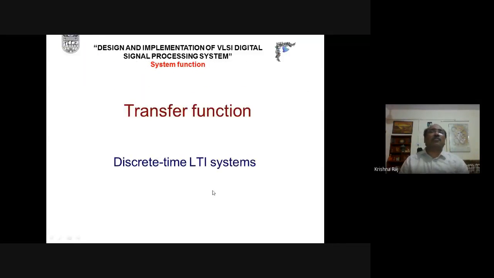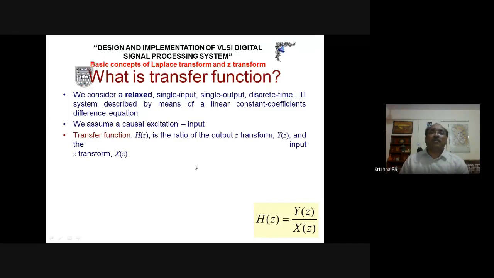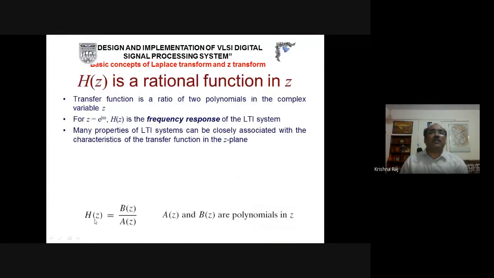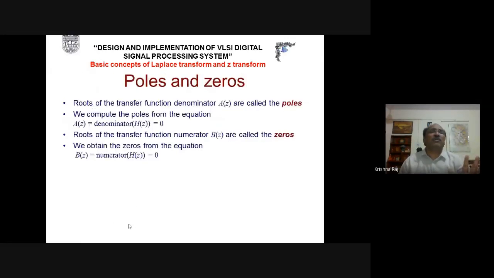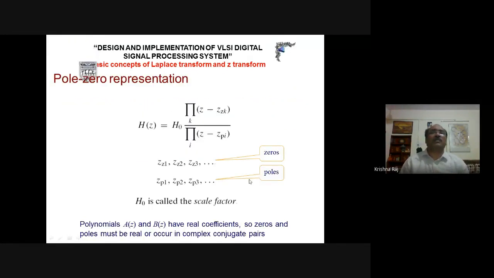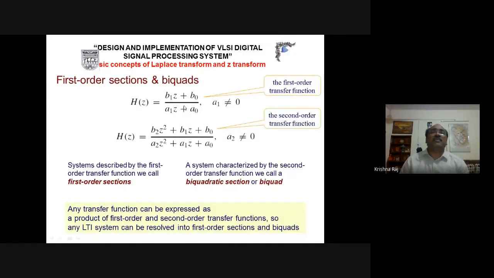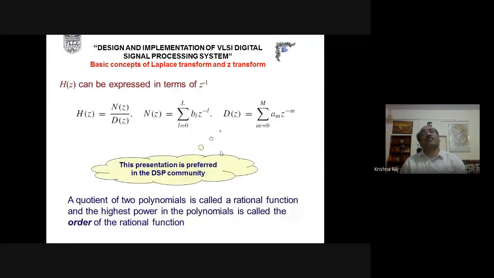Again, coming to the transfer function, if it is represented by this equation related to the discrete time system, then this will be represented by B(z) by A(z). Same concept, nothing special, so I am just trying to skip ahead by covering some concepts. H(z) will again be described in this form in order to get the zeros and the poles, and the first order and second order sections will be described again, but these are functions of Z. Previously, those were functions of S.